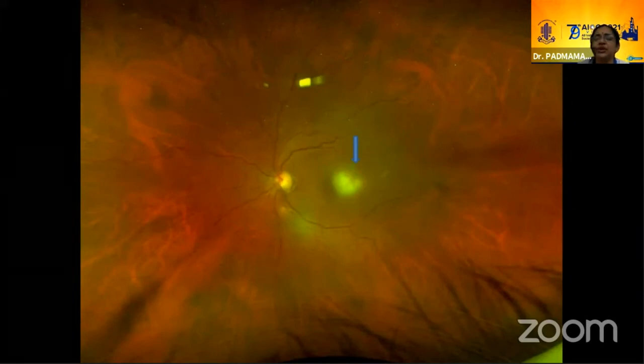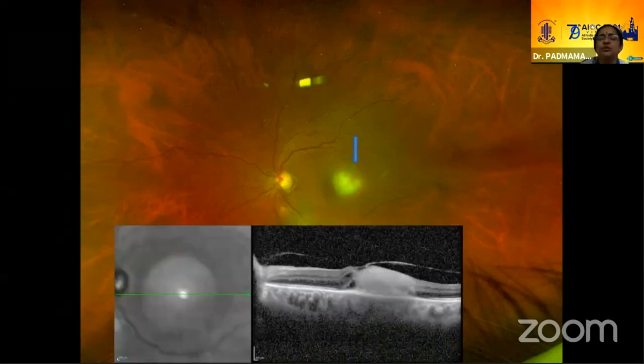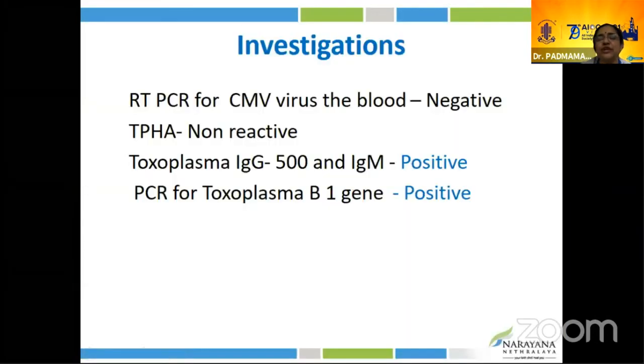Probably it is secondary to toxoplasmosis, even though the patient does not have the classical headlight-in-the-fog appearance because of the systemic immunosuppressive therapy and immunocompromised state. OCT shows the presence of posterior vitreous detachment and full-thickness involvement, the opacification affecting the full-thickness layer along with the choroidal involvement, suggesting it's a case of retinochoroiditis.